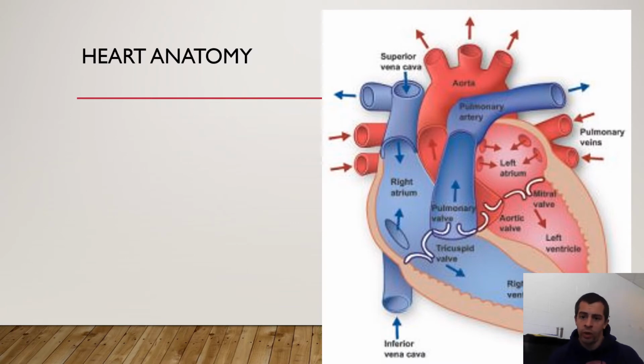This is just a picture of the heart to help reinforce some of the concepts we talked about so far. It should show you that on the right side, the right atrium and the right ventricle, that is deoxygenated blood. There's very little oxygen in that blood. So your right ventricle pumps through your pulmonary artery